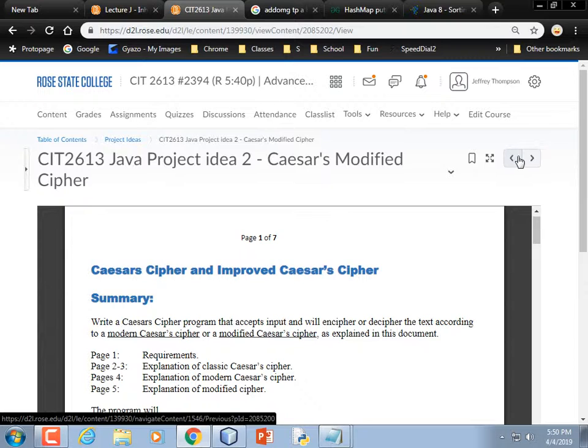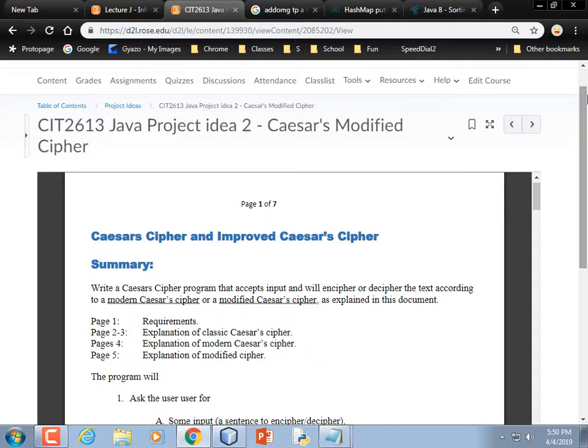Right? You write that message down, your runner delivers it to the generals, and hopefully they know the correct places to shift the letters back. Now, since we have ASCII characters and numbers and symbols like that, it's a little bit more complicated, but not much more. So there are a couple of projects here based on Caesar Cipher, just because that's a popular one